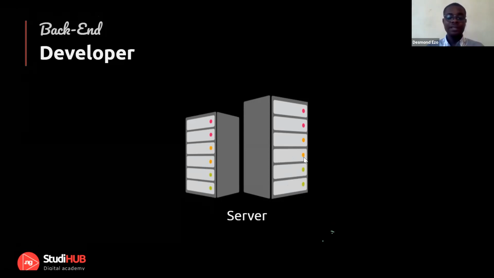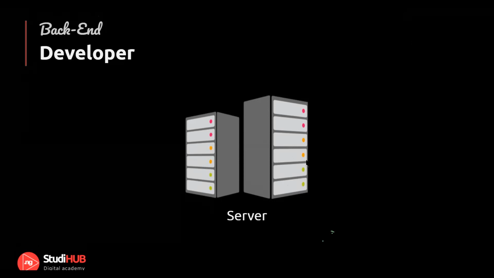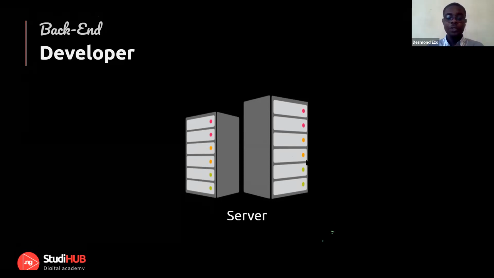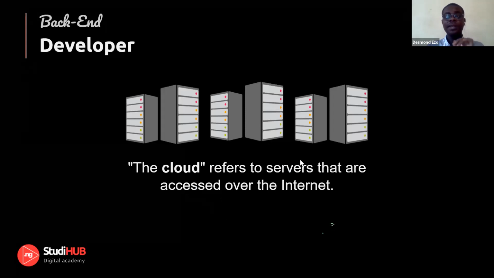So now that you have an idea of what a server is, there's something else that a lot of persons have always been confusing with a server, which is the cloud. What is the cloud? Cloud is simply different servers connected. Cloud systems are usually owned by big corporations. So companies like Microsoft, Oracle, Google, they have what they call cloud farms. That's houses that contain hundreds and thousands of servers, and all of these servers are connected to the internet.